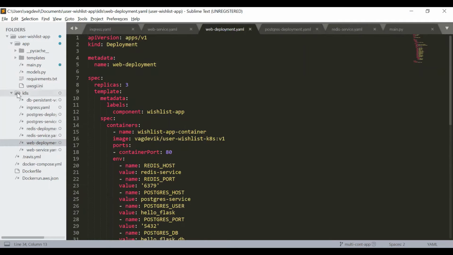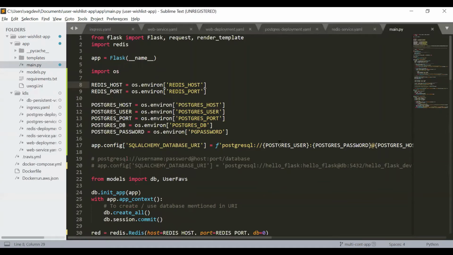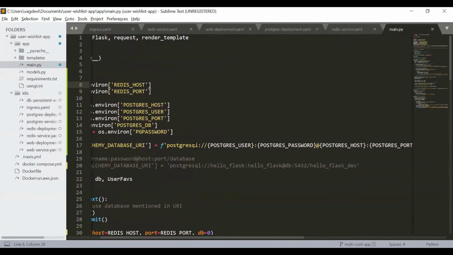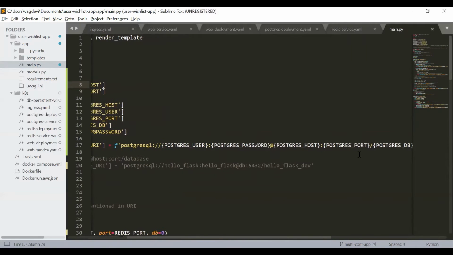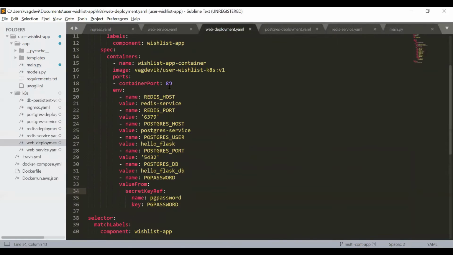So this is the holistic approach of how these different things work. We will be applying all these YAML configurations in the k8s folder, and all these resources will be formed. After they are formed, when they are referred to from main.py, it will extract all those values. Here, app.config SQLALCHEMY_DATABASE_URI: we are connecting to the database based on the Postgres user, password, host, port, and database, all based on the configurations we have given here.